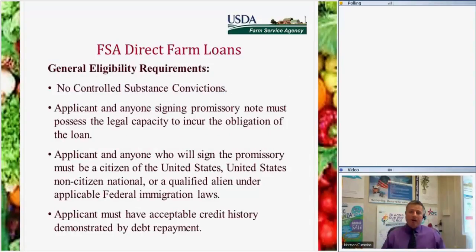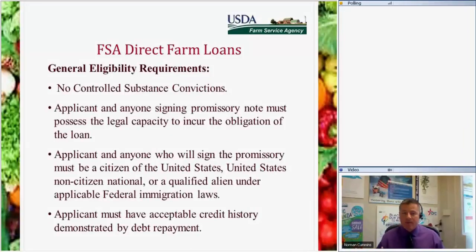So now let's talk about the loans that I work on. Like I said, I'm from the direct loan side, the loan making side. So for direct loans, we have what's called general eligibility requirements. These are the basic things that we will look at right out of the chute. And if you don't qualify for any of these, you're going to be instantly denied without us even moving further in the application process. I'll tell you straight out, it's very, very rare that I denied somebody when I was in the field for any of these areas. But just so that you know, these are things that we're looking for.